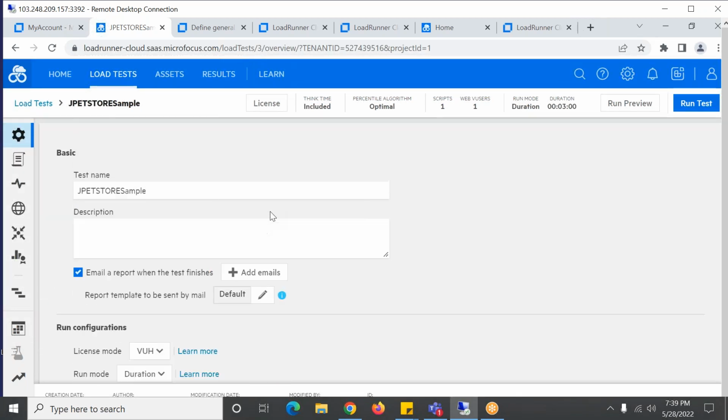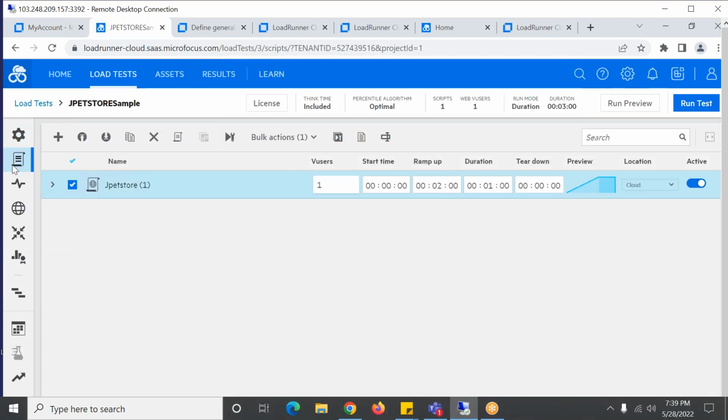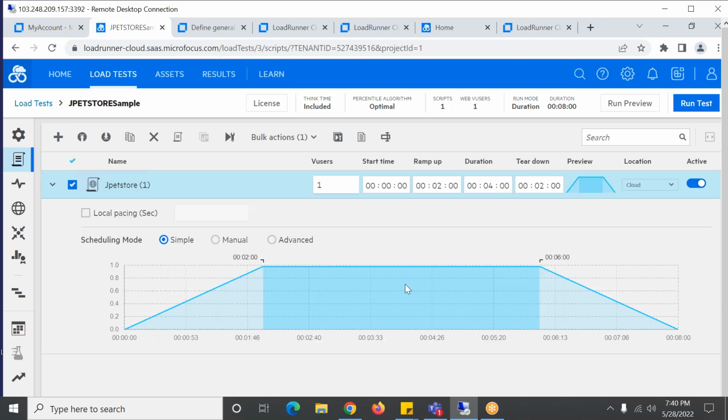If I choose duration, then I could see the duration, 1 minute. Ramp down I'll also give 2 minutes. Duration is 4. So I have set my scenario this way.